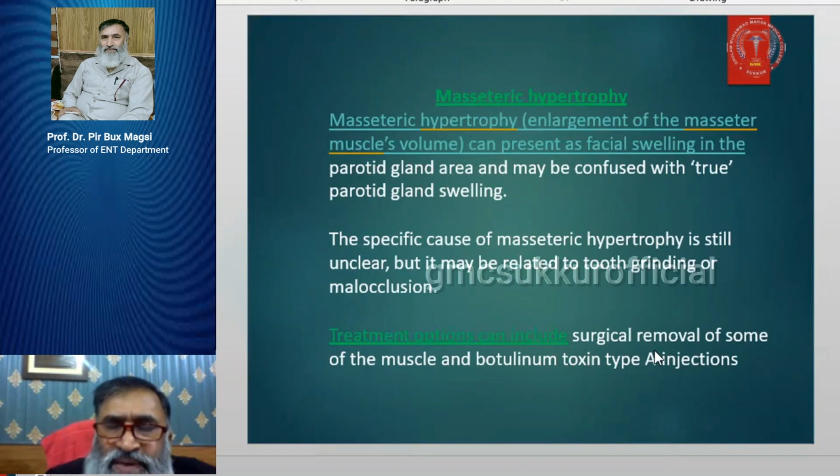Masseteric hypertrophy, because the parotid duct just comes over the surface of the masseter muscle. Masseteric hypertrophy, enlargement of the masseter muscle volume, can present as a special swelling in the parotid gland area and may be confused with true parotid gland swelling. A specific cause of masseteric hypertrophy is still unclear, but it may be related